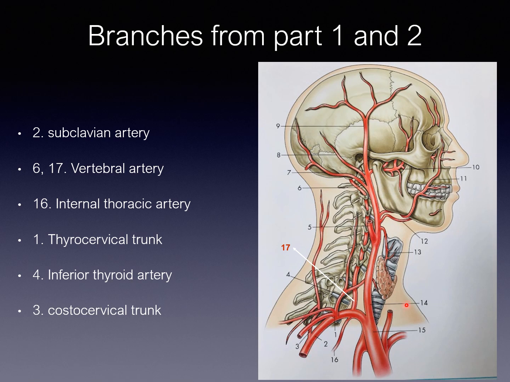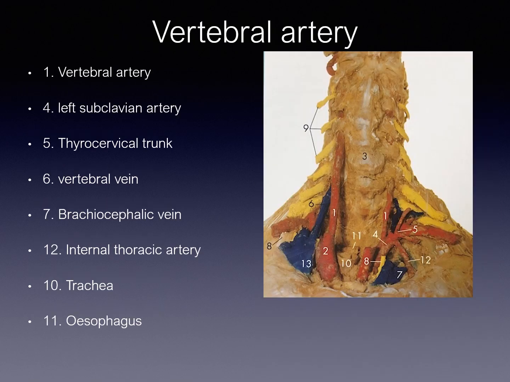So these are the branches of the subclavian artery. And then in detail about the vertebral artery. Look at this, how nicely you can see this specimen. Here you can see the vertebrae. Okay, here this artery is running here, and the common carotid is lying in front of it, and the vertebral artery enters into the foramen transversarium. After that you cannot see that artery, it is going up.